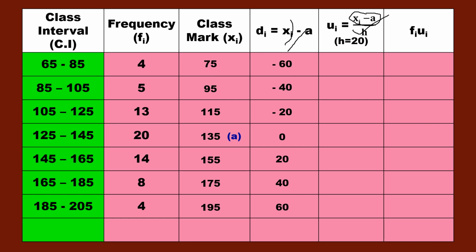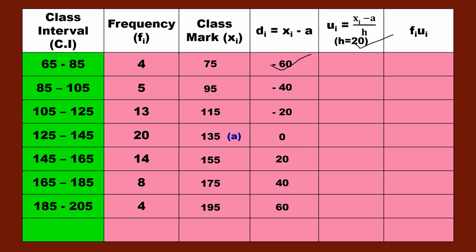To find out this xi minus a, we find out here xi. Okay, so every value is dependent on xi only. Now here xi minus a we already find here. By h, we mean 20; we already know how to do h. It is always upper limit minus lower limit. So every value of this xi minus a should be divided by your 20.